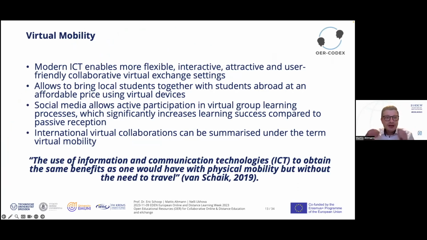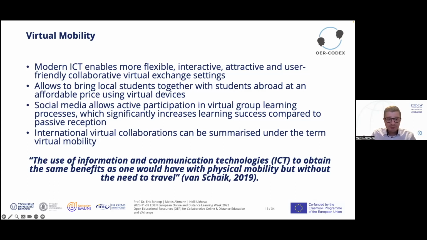And it allows to bring local students together with students abroad at an affordable price using virtual devices. And social media and tools like Microsoft Teams and Office 365, but also Zoom, allow an active participation in virtual group learning processes, which significantly increases the learning success compared to passive reception.